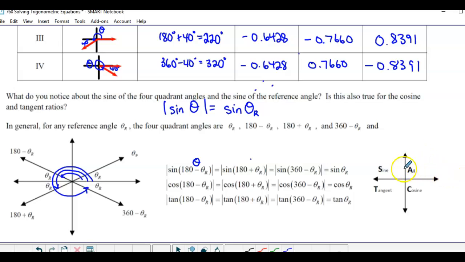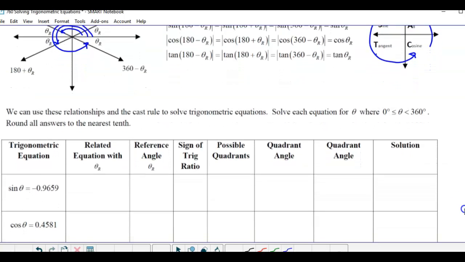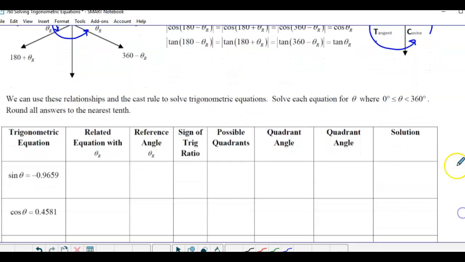Here we've put in there all our positive, sine is positive, tan is positive, cosine. So remember, it's all students take calculus. It's the CAST rule, okay, or add sugar to coffee. A few different ways of remembering it. So we can use these relationships and the CAST rule, that's that diagram up here,